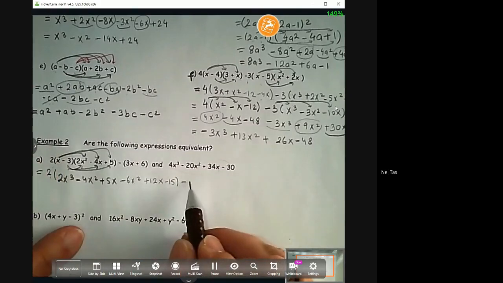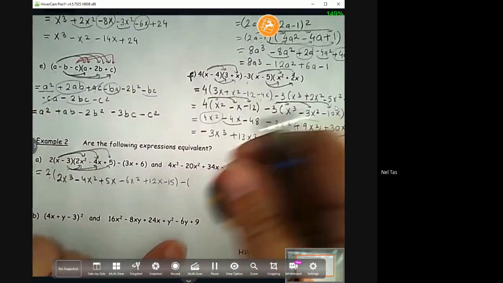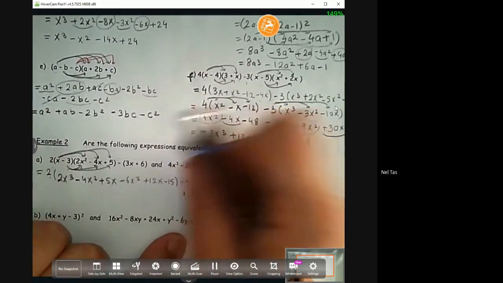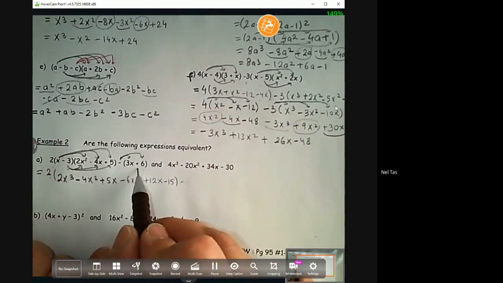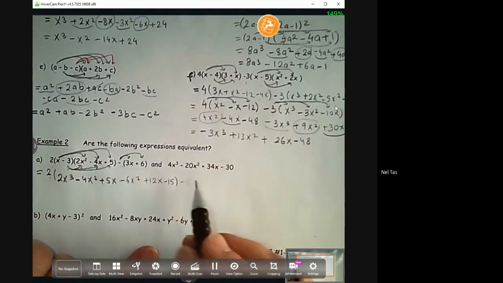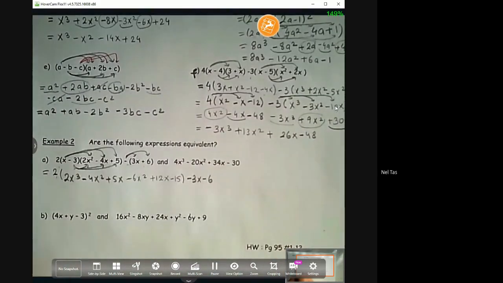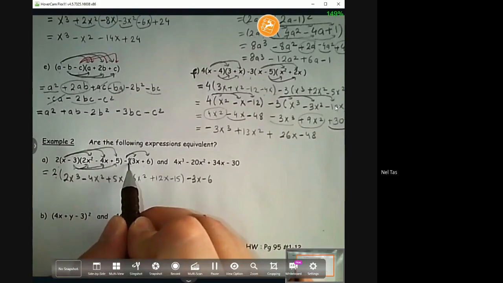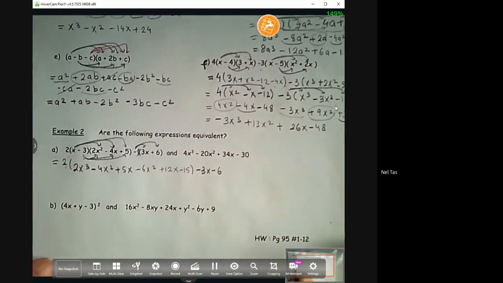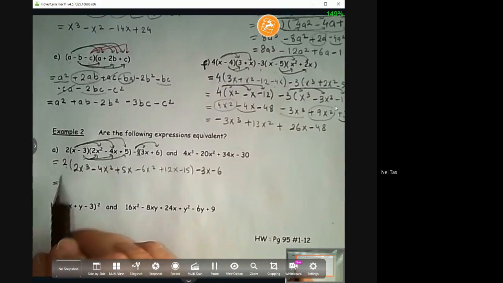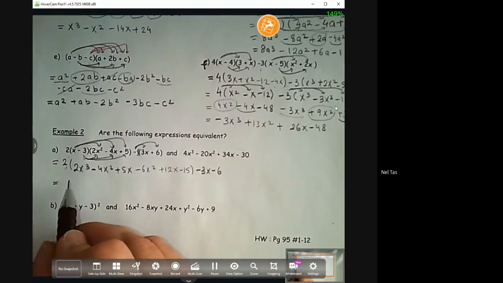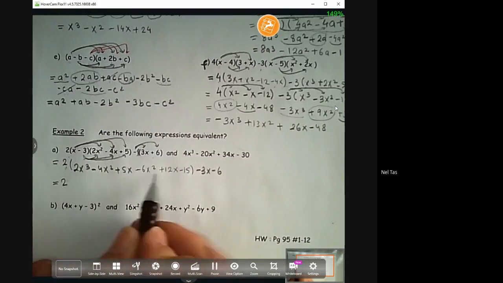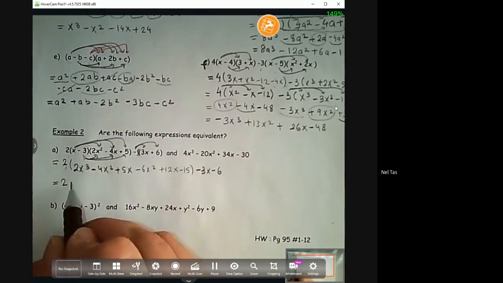Okay, and we still have minus, well, you can get rid of the bracket right away there. So negative 1 times 3x and negative 1 times 6. So negative 3x minus 6. So there is negative 1 here, right? We already learned that before. Okay, now we can expand this, distribute that, but actually let's simplify this bracket first before we multiply